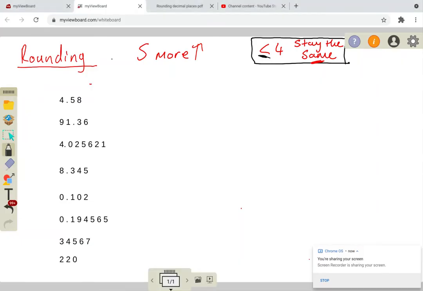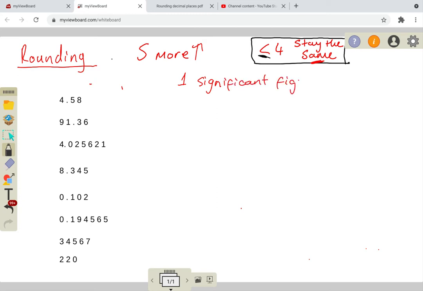Hi guys, so in this video I'm going to show you how to round to significant figures. Now if you haven't watched the video on rounding to decimal places, please watch that. And this is rounding to significant figures. So if I want to round all of these numbers to one significant figure,